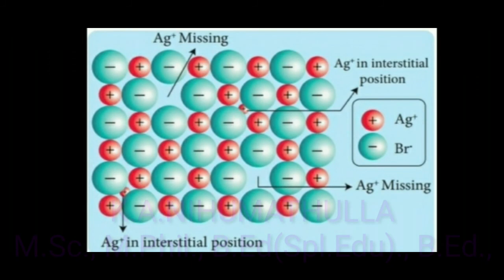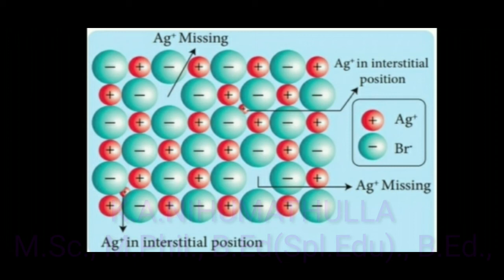This is the crystal, our AgBr, silver bromide, which is an example of Frenkel defect crystal. Frenkel defect arises due to the dislocation of ions from the crystal lattice. See here, the smaller red sphere indicates the Ag plus ion, the cation, which is very small in size, and the Br minus ions are indicated by blue spheres.